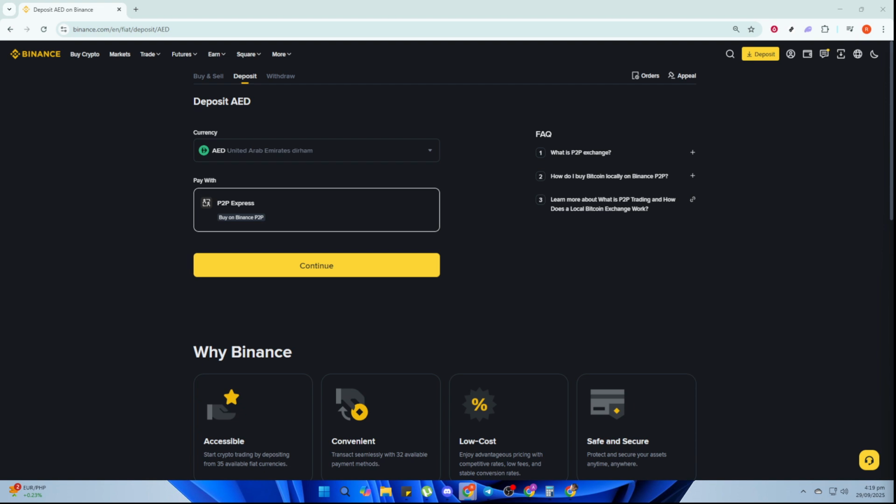Finally, if you ever need to return to these options to make additional deposits, simply revisit the deposit section of your Binance account. You can choose to deposit either fiat or crypto as needed. Remember, all transactions are traceable on the network, ensuring the secure movement of your funds. And there you have it, a simple yet thorough guide to depositing both fiat and cryptocurrency into Binance. Whether you're a beginner or a seasoned investor, these steps